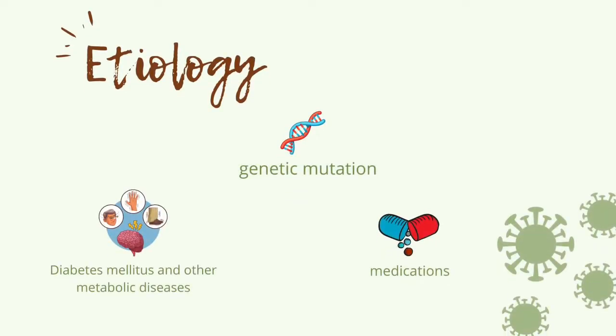So, the etiology for phagocytic dysfunctions is primarily because of mutations in genes that are required for normal neutrophil numbers and functions. But it is also important to remember that secondary phagocytic defects may also be observed in patients with diabetes mellitus, metabolic diseases, or